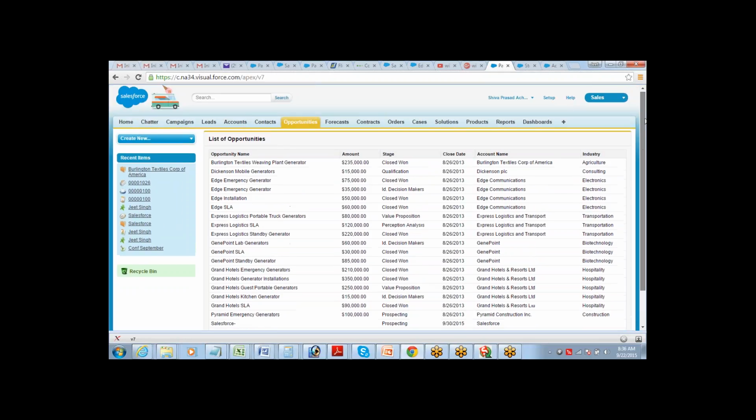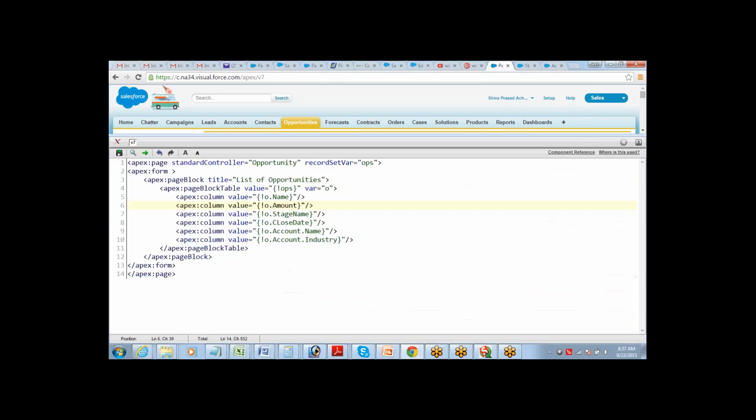Okay, now this is the page. I want to allow inline edit here. Right now, if I go and double click on any value, it's not being edited, right? So I want to allow the inline edit here. How will we do that? It's very simple. All that you have got to do is